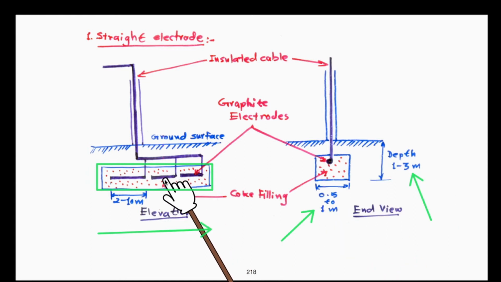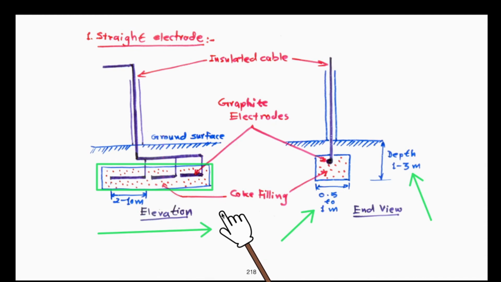Even the dimensions of these electrodes are large, isn't it? Because they have to carry a very large DC current lying in the range of 1000-1500 ampere. So you can realize the dimensions, the depth, then the width of the pit in which these electrodes are arranged, and the length of the individual electrode and the whole arrangement can be quite big, isn't it?